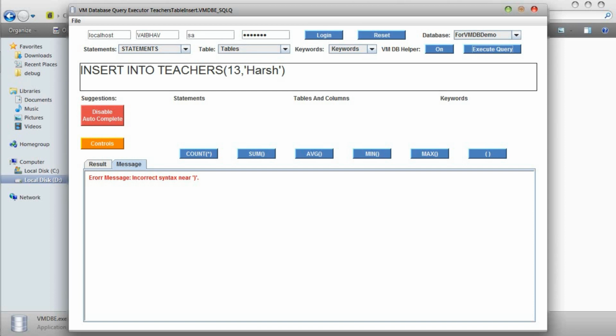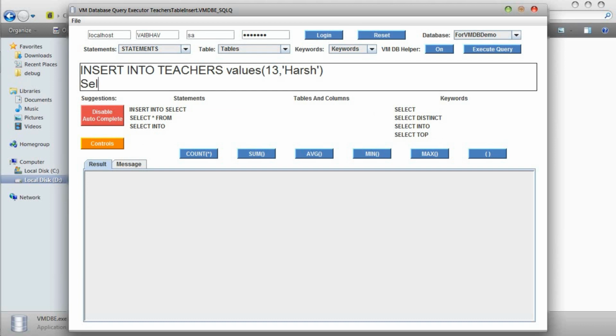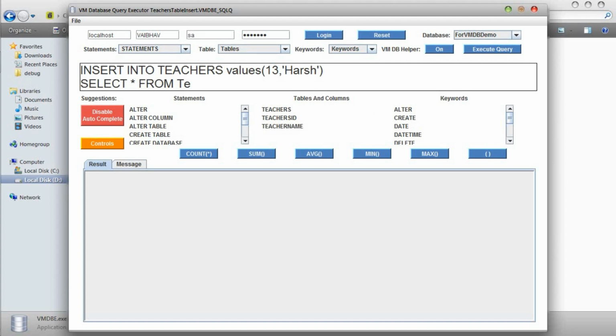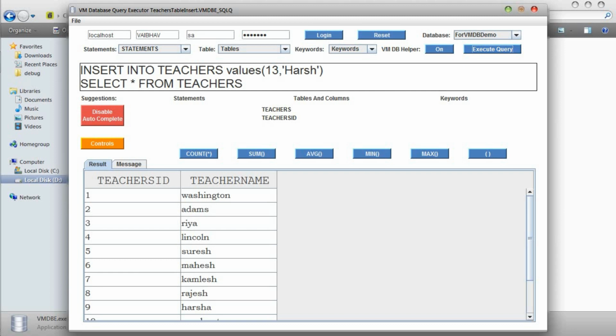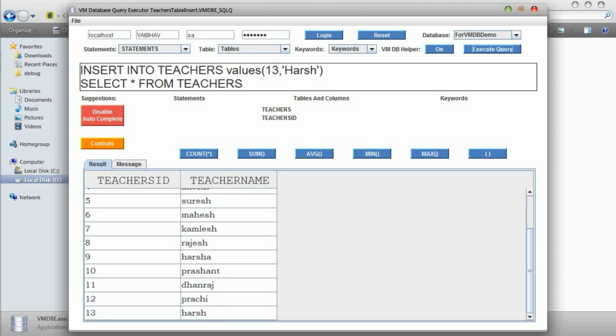Okay, there was a syntax error. In case of error, it will show me under red that there is an error, the same error that will be found in the SQL Server or in the database command line. So one row is inserted. Now let me check the query. So teachers, and I'm checking the reflection of my previous query, and as you can see, here is the